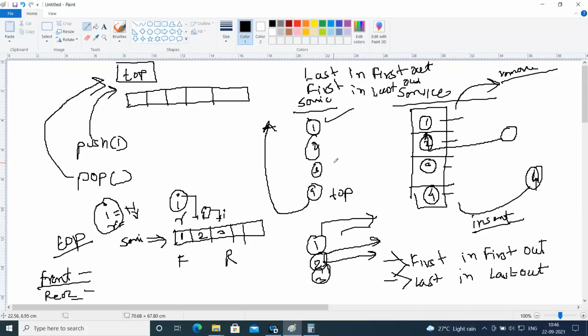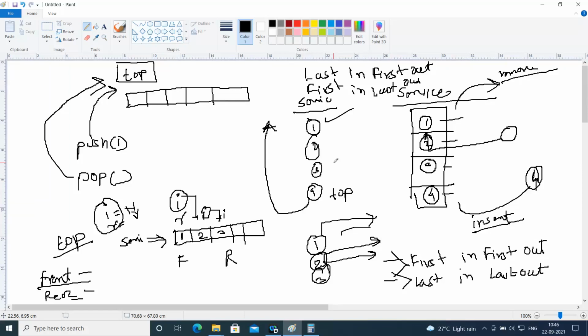Any confusion till the moment? Basically, right now we have something called a queue, which has two indices, one called front and one called rear. And this is a first in, first out memory, or a last in, last out memory. Are we sure? Okay. Great. So there is one limitation we have to understand about queue.